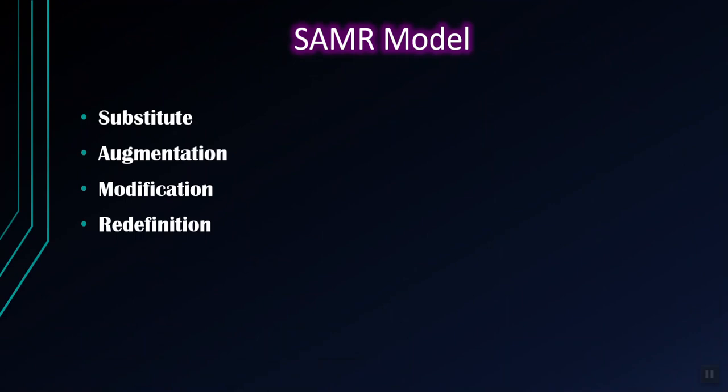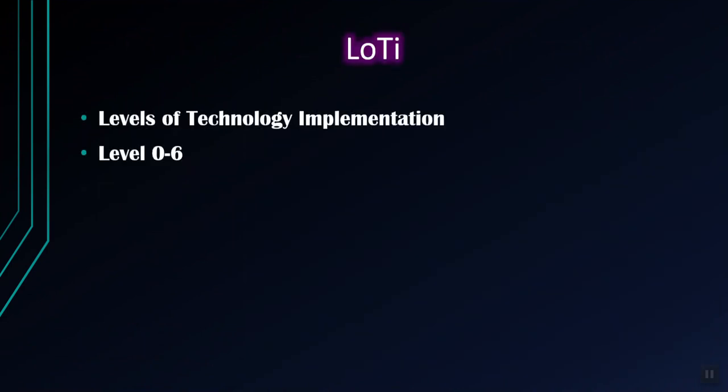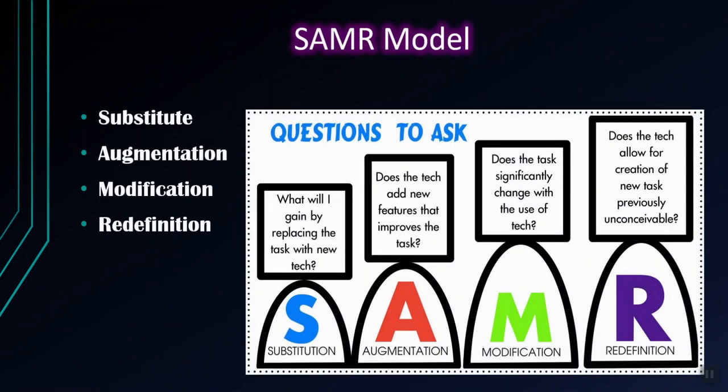M, for modification, is where technology is used and there's instant feedback. R, redefinition, is being able to design and create new tasks, connecting to a classroom across the world, and being able to use Google Docs. The SAMR model is the lens for viewing technology and integration in the classroom,